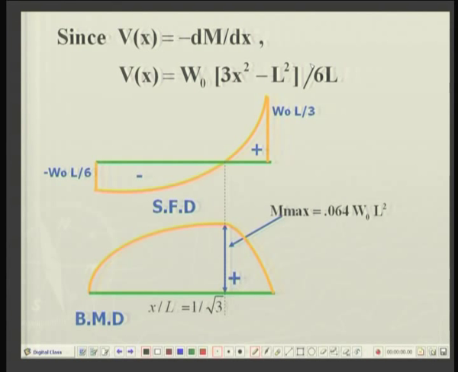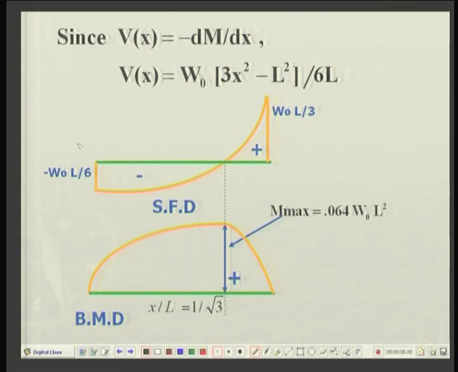So, both bending moment and shear force have been obtained as analytic functions, and the rest we have to only plot them. Well, let us first plot the shear force. At x is equal to 0, you will easily get W0 minus L square divided by 6L, so W0 L by 6 with a negative sign. When x is equal to L, you will get W0 L by 3, and as a check that our procedure has given correct results, these are precisely the two reactions.